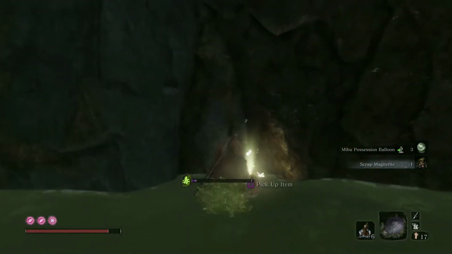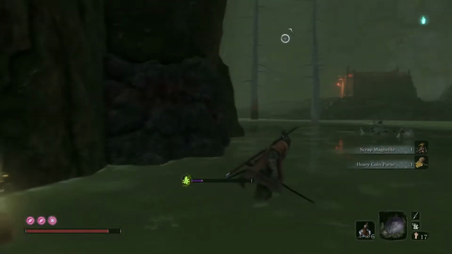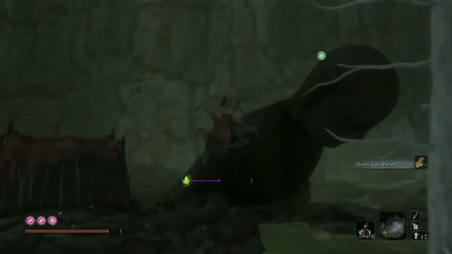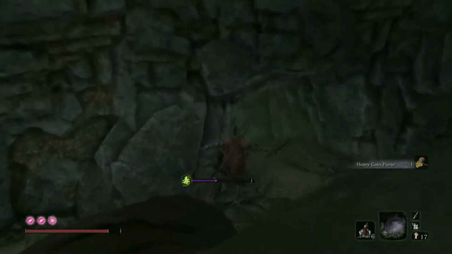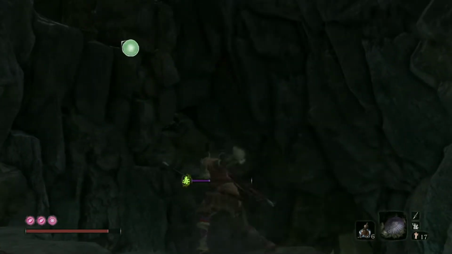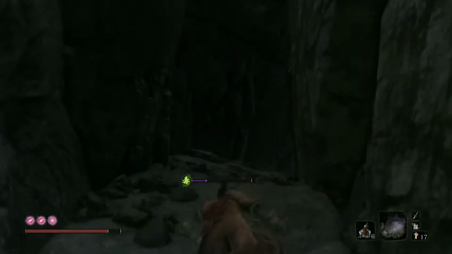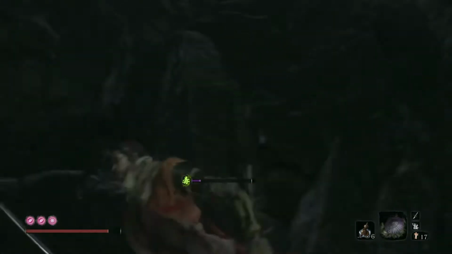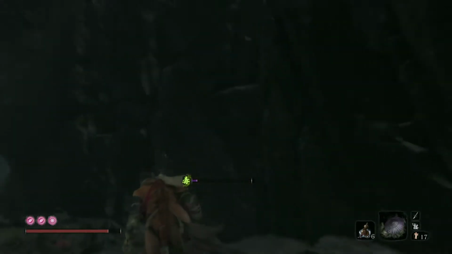And now we're just gonna run around here and pick up some of the loot that is still around. There is an enemy up to my right, up on a platform, but just ignore him. The only thing up there is another sculptor's idol and a dead end, basically. And before you move on, head up here and we're gonna go into...